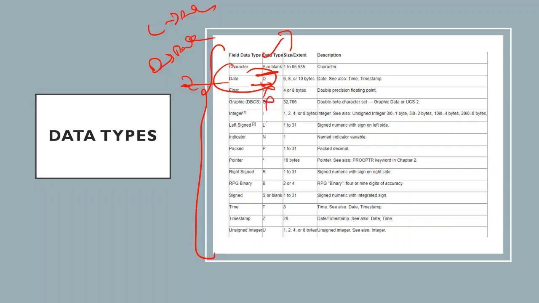And this we don't use. This also we do not use for integer. We use integer is just numbers, and L means this is also not used. Indicator we will use. Indicator basically, for example, if you define IND with data type N, what